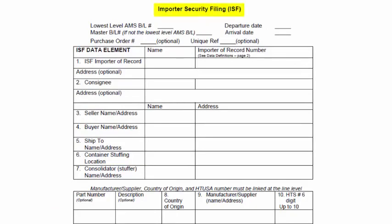Importer security filing, we're at the very top, starting with the lowest level AMS, Automated Manifest System BL number, the master bill, departure date, arrival date. Couple of optional items, the purchase order number, that's the purchase order from the U.S. importer on the vendor overseas. It's not needed from an ISF perspective. But in terms of data elements, we can see things like who is the ISF importer of record, full name and address, consignee, full name and address, the seller and buyer, if different from the importer of record and consignee, ship to name and address,